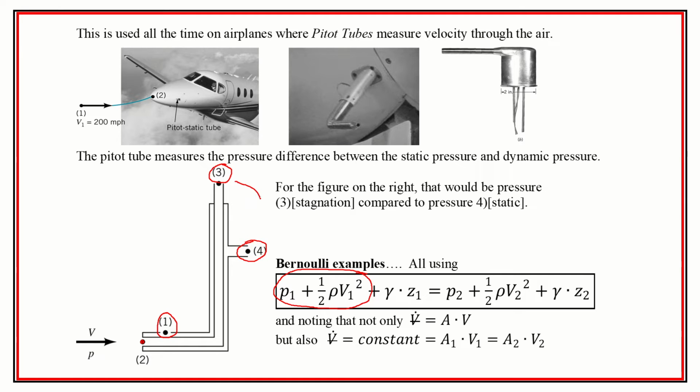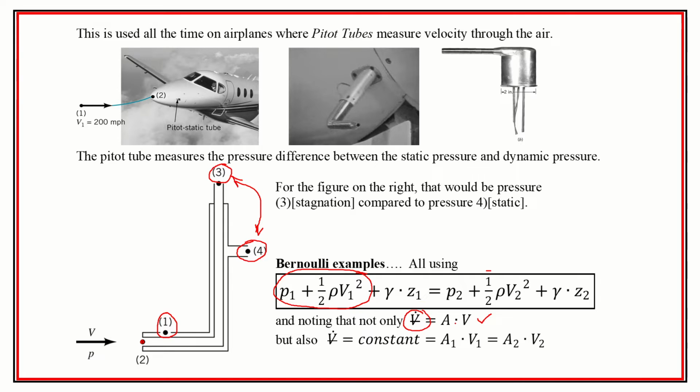We could measure the difference between these two, and that difference will be the dynamic pressure. Between these two things we're able to isolate the dynamic pressure, and therefore we can figure out what the velocity is going to be. And with that velocity, we would be able to figure out what the flow rate is going to be, because